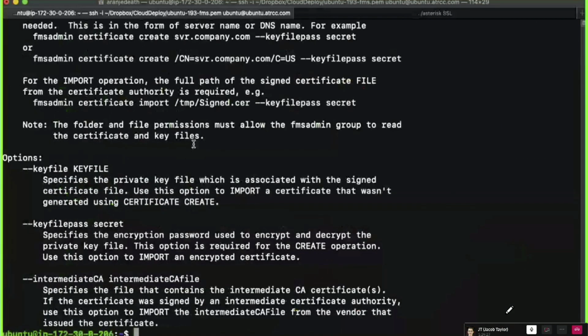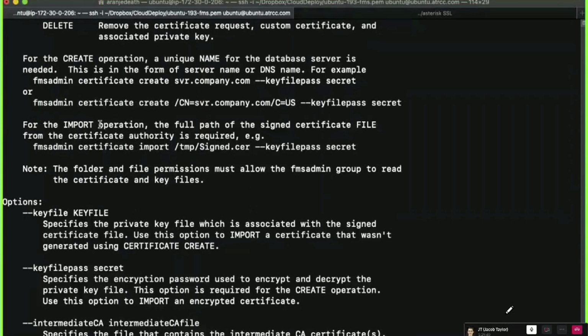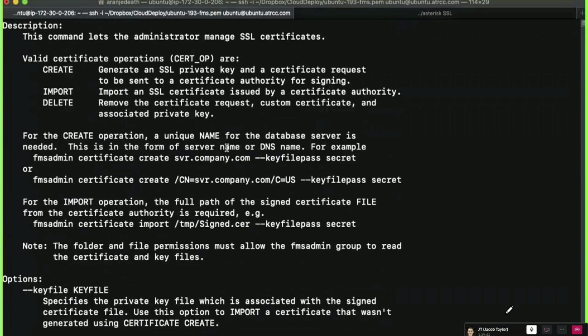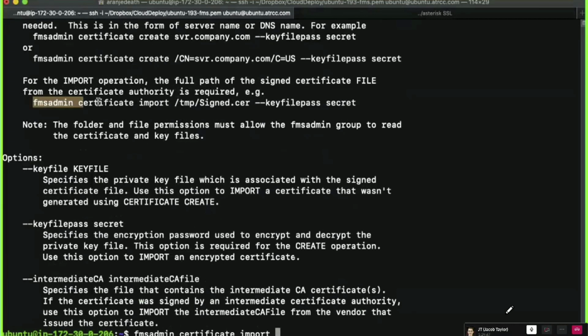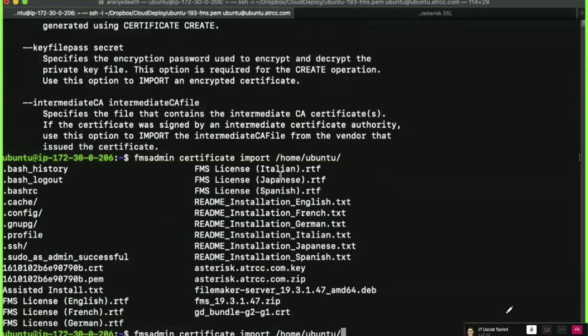There it is. So we're going to do FMS admin certificate import. And then what do we have to do? What's the import for the import operation? Did they give an example of the import? There it is. Okay. So this is our example that we're going to work off of. One recommendation is to use full paths for everything, which makes this really annoying, frankly, but